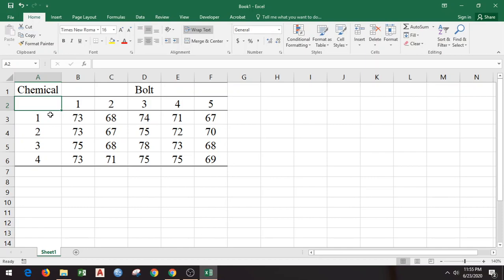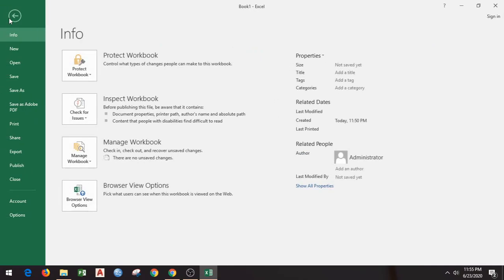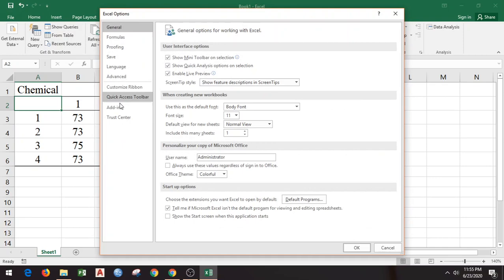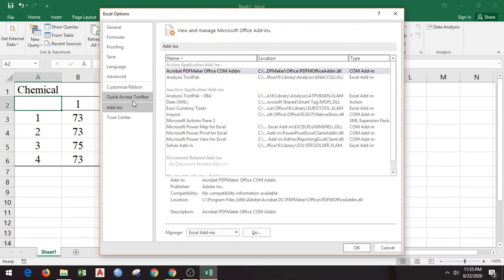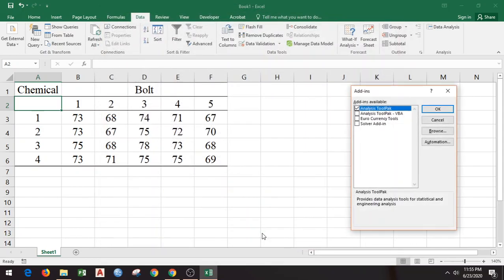Next, to analyze the data, you need to go to the Data tab in Excel, and on the Data tab under the Analysis panel you will see the Data Analysis option. If you don't have that option, that means you need to add in the Analysis ToolPak. To do that, you can go to File, Options, Add-ins, then select the Analysis ToolPak here and click on Go.